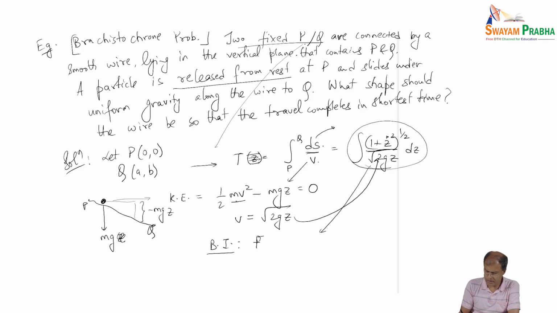What we see is that the Beltrami identity is given by f of z equal to square root of 1 plus z dot squared divided by square root z, right? And from here I see that z times (1 plus z dot squared) is 2c, right? Okay, so then